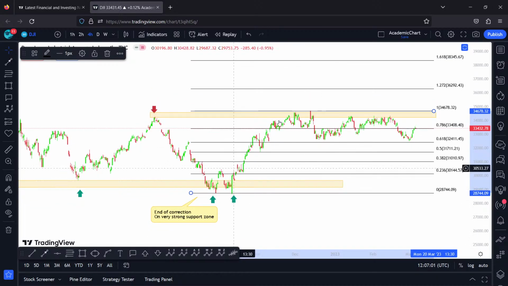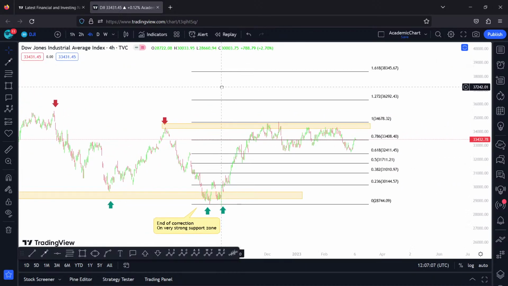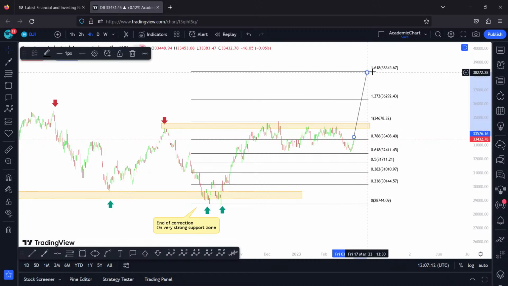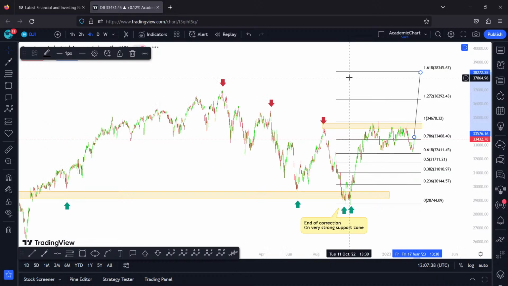So if it is the first wave, according to the Elliott theory, the third wave is usually going to be up to 161. If it's the fifth wave, it can be 127 of the length of the first wave, or if you're calculating for the fifth wave, 127 of the third wave. Because we know that it was a correction and it just ended,